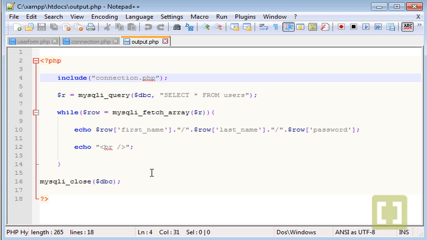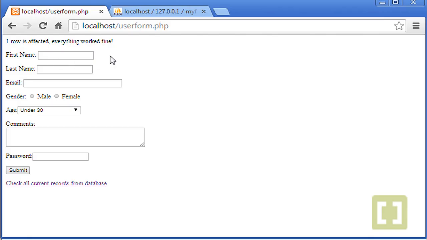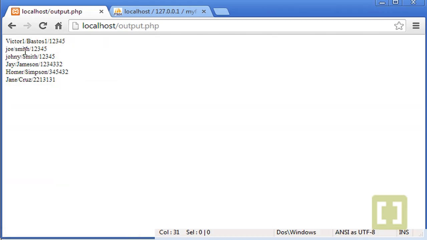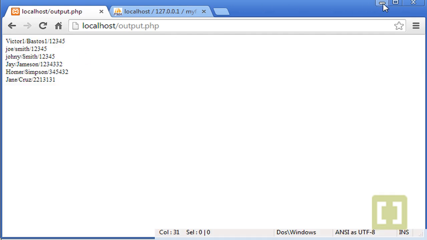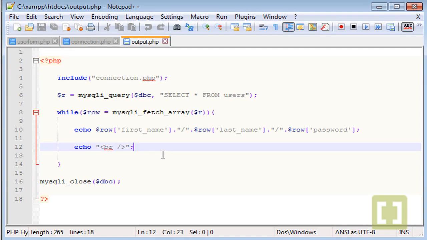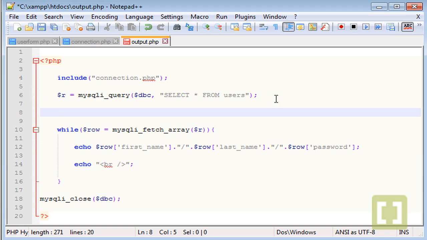I want to present this a little bit better than we had it before. If I click here, okay, this is what we get, but I want this a little bit more presentable. So what I'm gonna do is create a table just before the while loop. Okay, and in here I'm gonna type echo, and now let's create the table, which is table